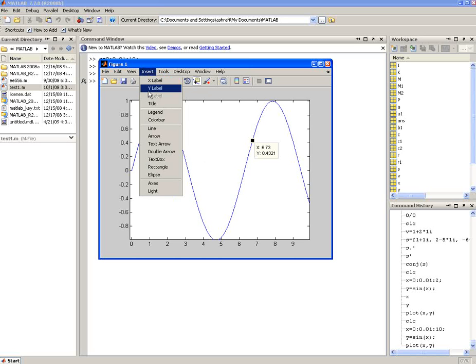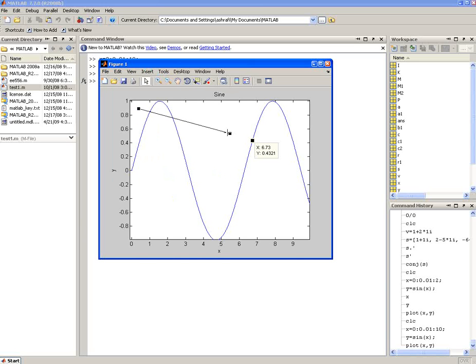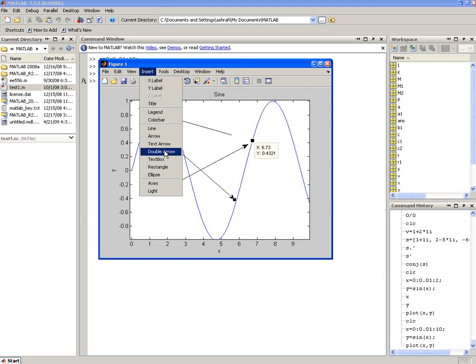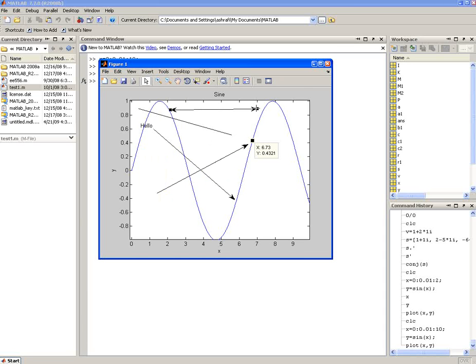So, okay, let me try again. Or you can insert labels X or Y. You can insert legends, color bar, line, or arrow, or text arrow, or double arrow, or text box. Simply you can write something,